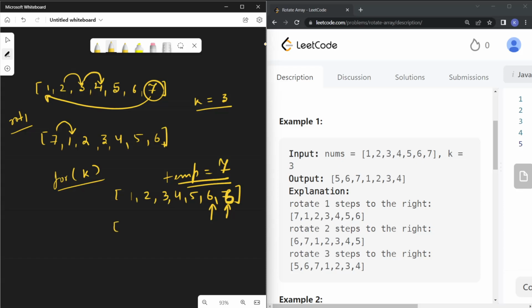In the very next iteration, we'll move our pointer to 5, okay? And then again 5 will be copied to this place. Then we'll move our pointer to 4, then 4 will be copied to this place. So at this point our array will look something like this, that is 1 2 3 4 4 and then 5 6, right? In the next step, while our pointer is on 3, we'll again copy this 3 to the next place, and then the same thing will happen with 2 and 1. So at the end, when our pointer is pointing at the 0th location, our array will be looking something like this,